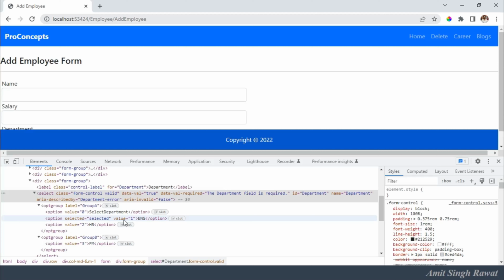If you have such a requirement where you have to use all these features, it's good to go for SelectList or SelectListItem. All right then,